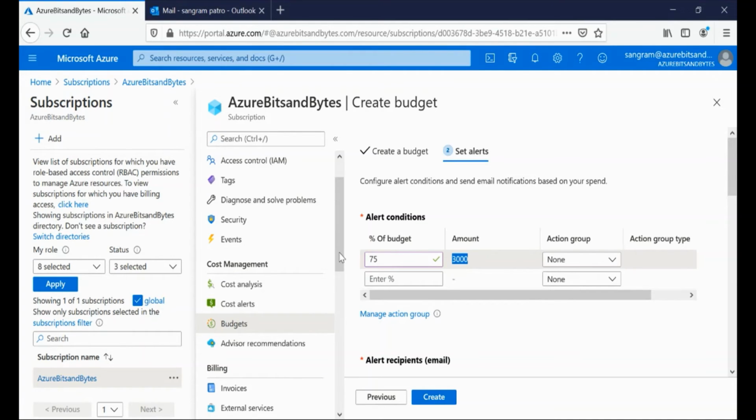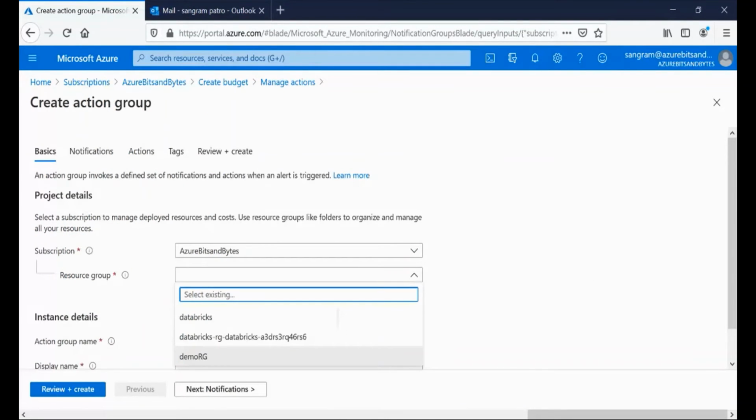Let me click on manage action group and then click on add action group. The action group will also be part of one of the resource groups. Then scroll down and let me name it email action group.